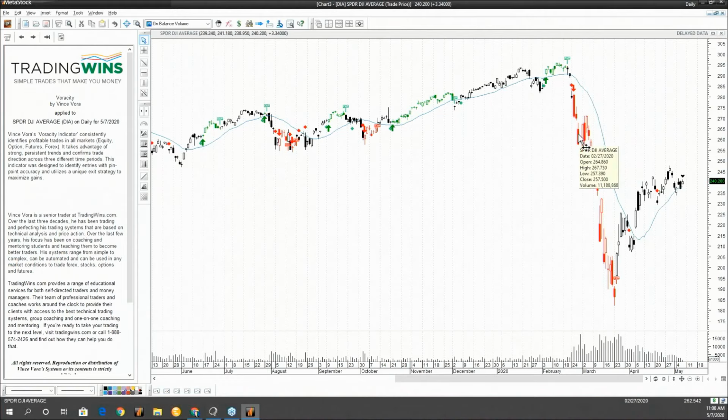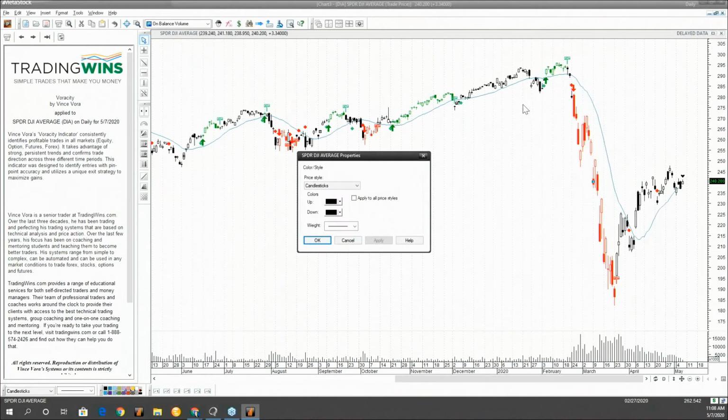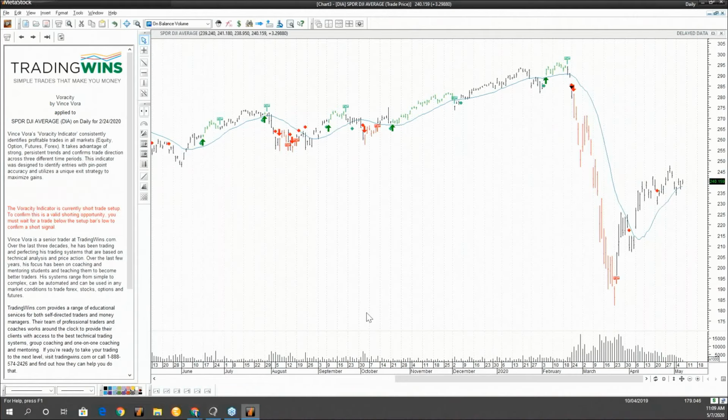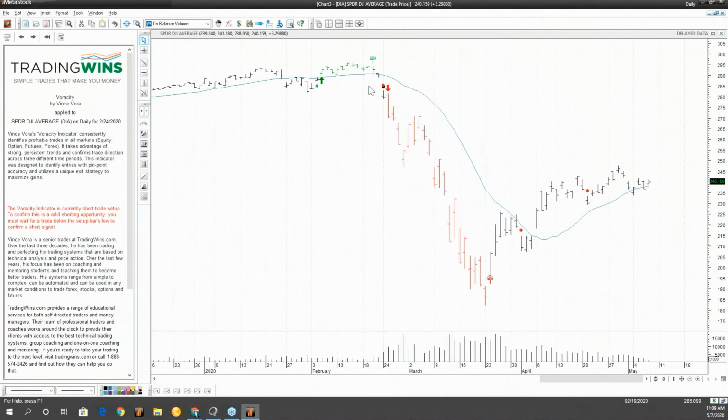In this case, let's go ahead and change this over to bars. You just double click, and then you come to this drop down and choose bars instead of candles, and then you click OK. Pretty easy to do. So the reason why I like Voracity a lot is because these larger moves in the market, he really pinpoints those very well. As you can tell right here, this last large move with the diamond off the Dow.